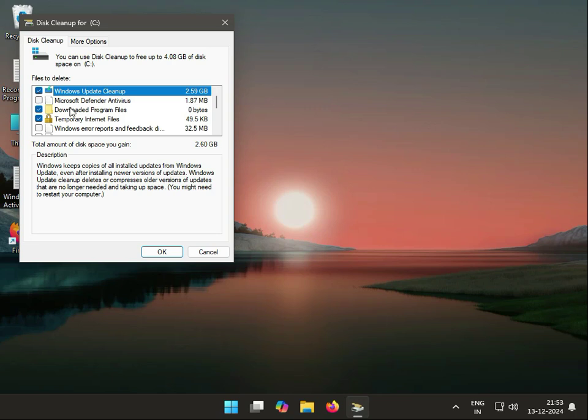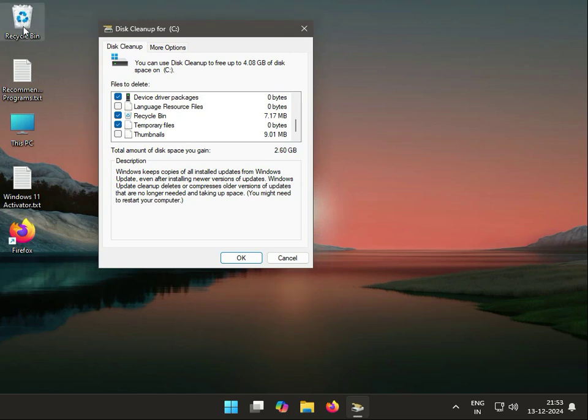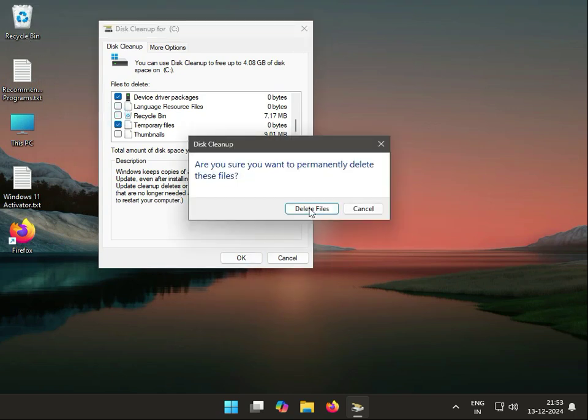And Direct3D shader cache, this one. Okay, and uncheck the temporary files. If you select this one, it will automatically clean your recycle bin. Okay, if you have data in it, you can uncheck it, and then okay, and then